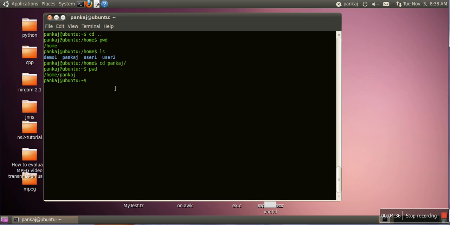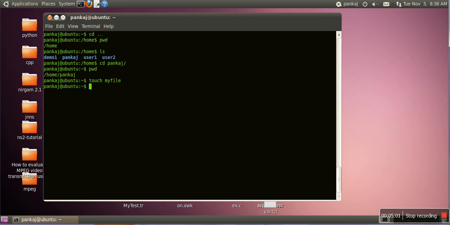Now we have seen how to list files, how to see present working directory. Now if we want to create some files, there is a command touch. This command is used to create empty files. Let's create a file like touch myfile.